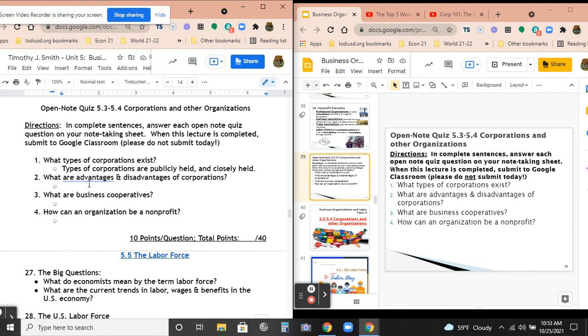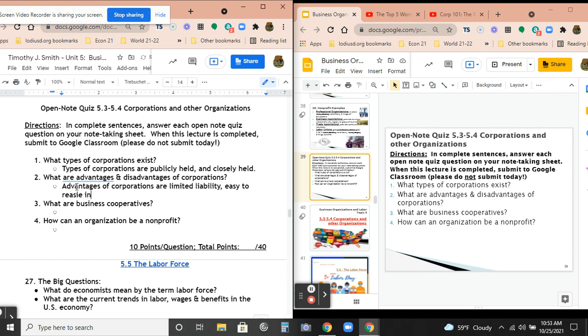What are advantages and disadvantages of corporations? Advantages of corporations are limited liability, easy to raise investment money,